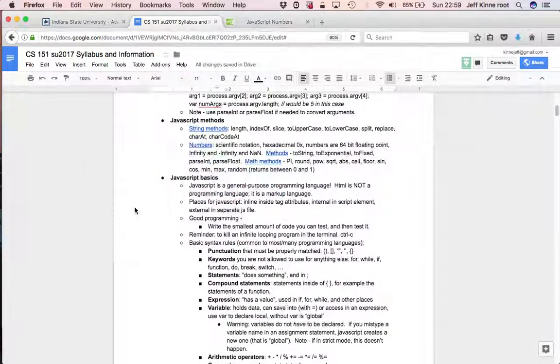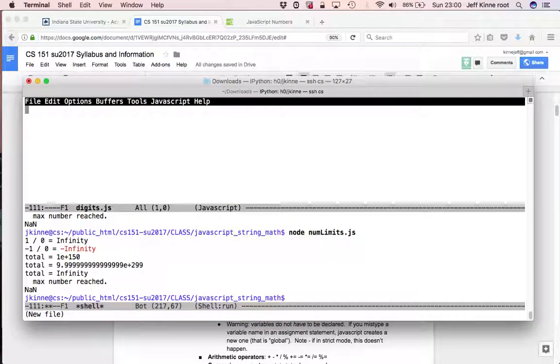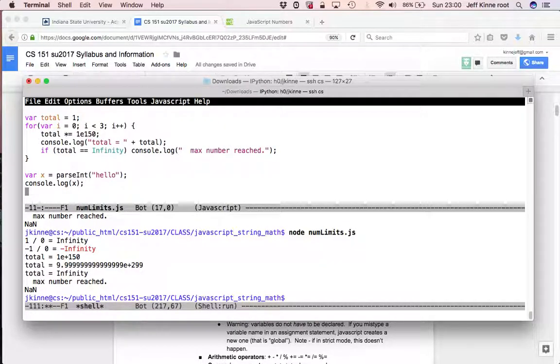Let's move on. That's everything that we were supposed to know about numbers. We have parseFloat, parseInt. Other methods: toString will convert a number explicitly to a string. So if we wanted to do something like, let's say